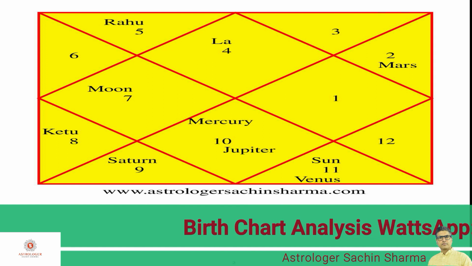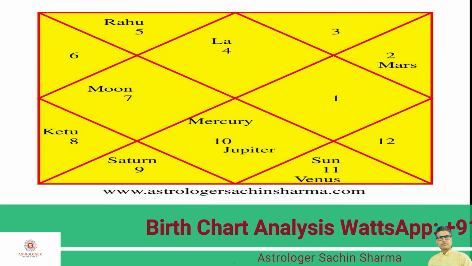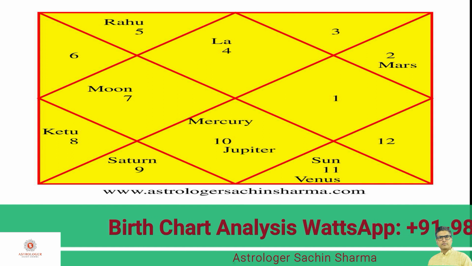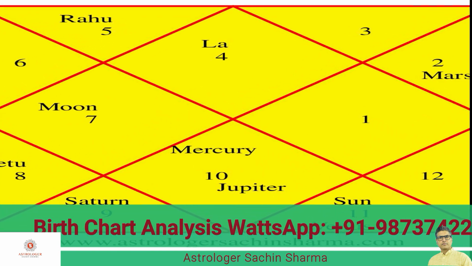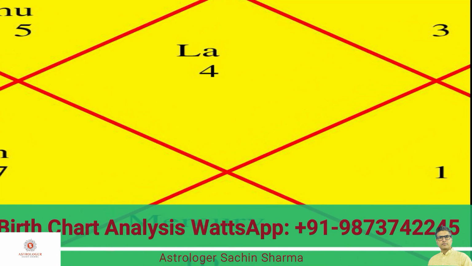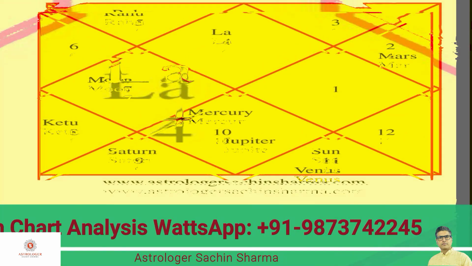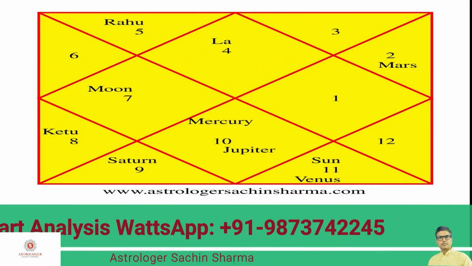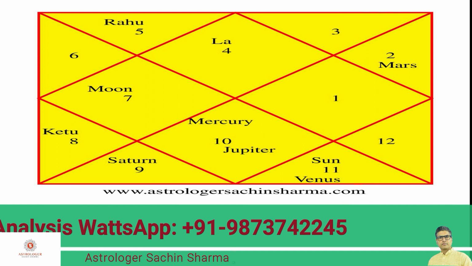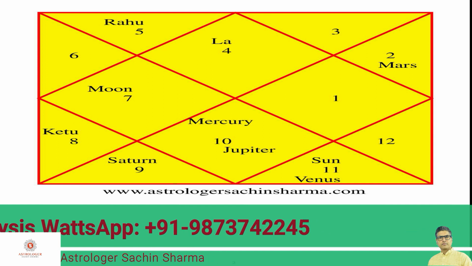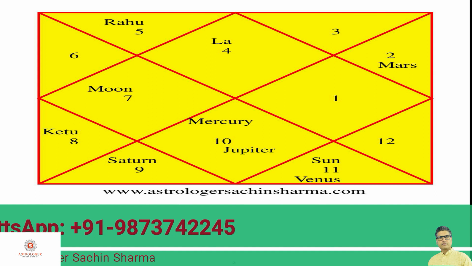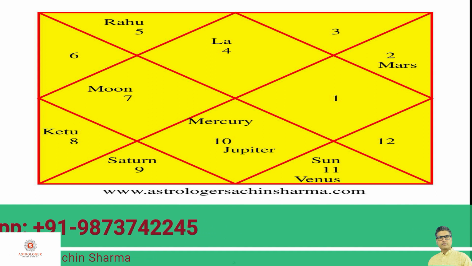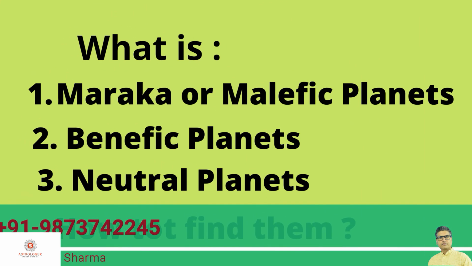Next question on this concept, what is the ascendant sign or Lagna sign of this birth chart? Here we can see that 4 number is written in the 1st house and number 4 belongs to Cancer, and hence the ascendant sign is Cancer here. I hope this concept is very clear to all of you now, as I tried my level best to make you clear the things in a very easy way.